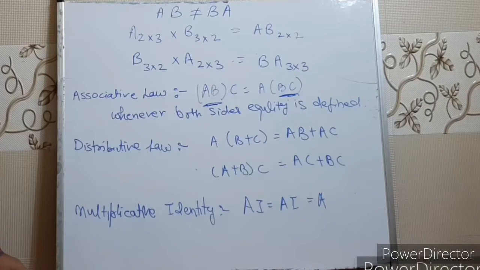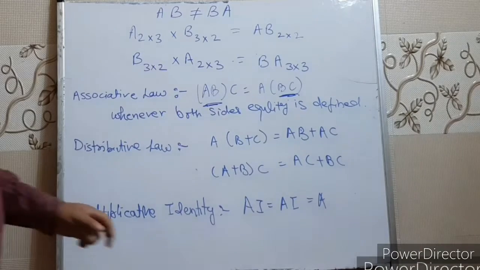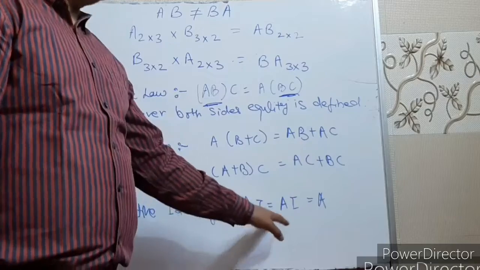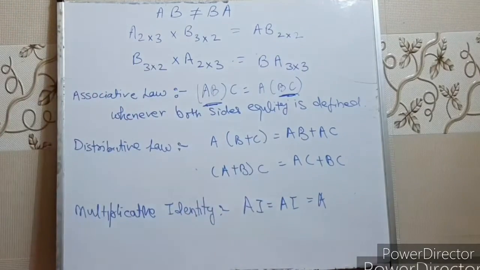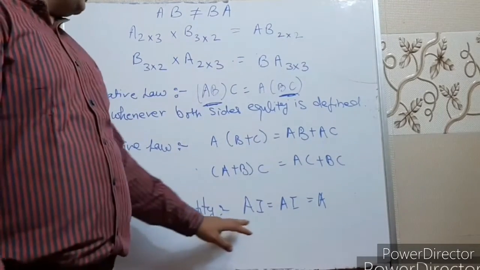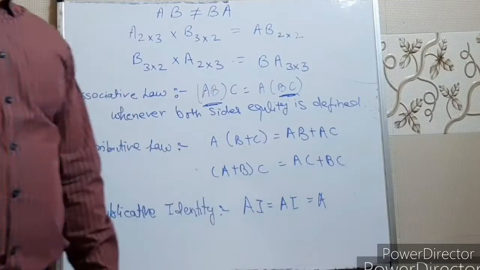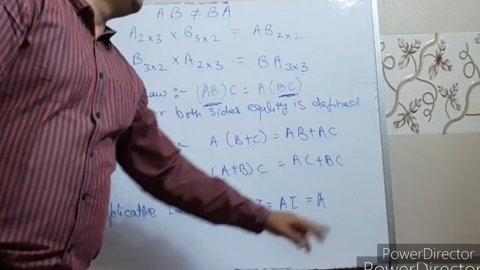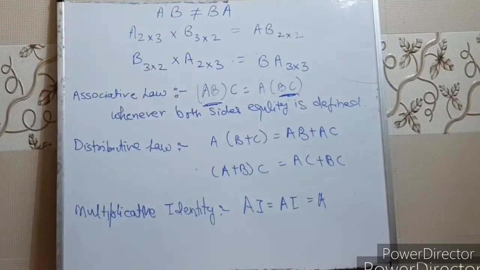Okay. Next is multiplicative identity. What is the multiplicative identity, children? What is the multiplicative inverse of 2? Which number should be multiplied by 2 that will get 1? It is 1 by 2, right? Similarly, what matrix will be multiplied with matrix A so that again we get the same matrix back? That means the multiplicative identity of any matrix is the identity matrix. You multiply the identity matrix to any matrix, you will get the same matrix. Note down, children.